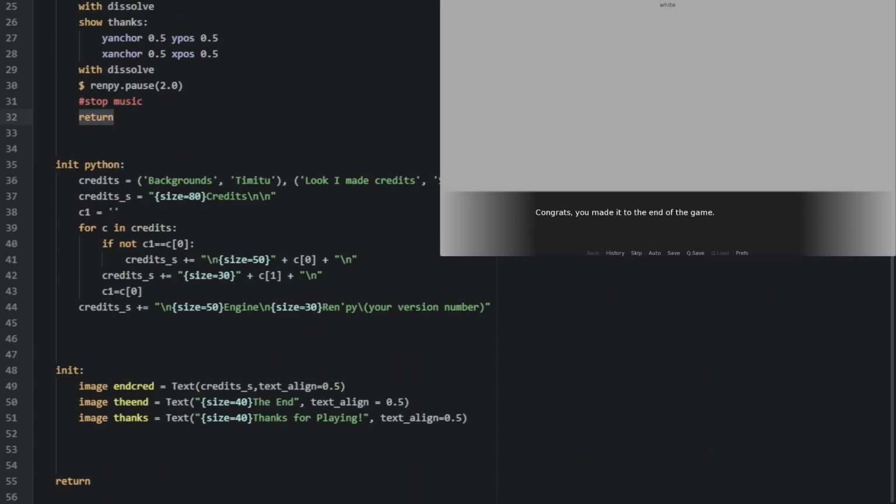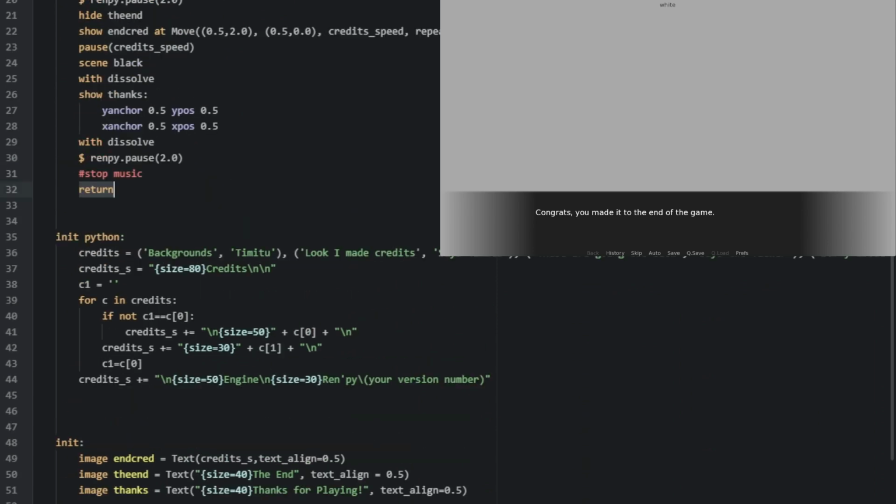Now down here, this is where we have the credits themselves. All you really need to know in this is how to do this part here, and then you're just going to copy and paste this as many times as you need to show however many different things. So for example, backgrounds is me. Now if I want to do another one,